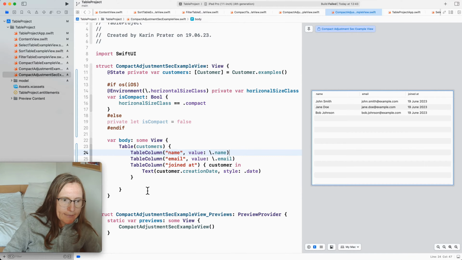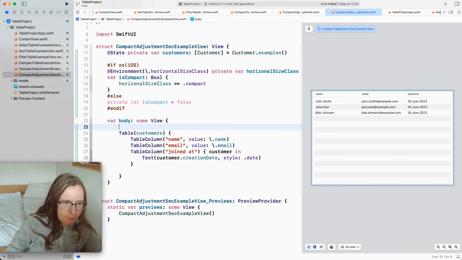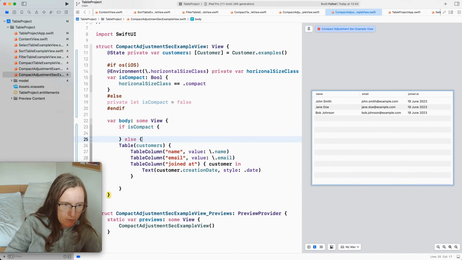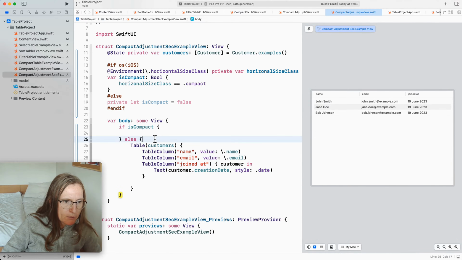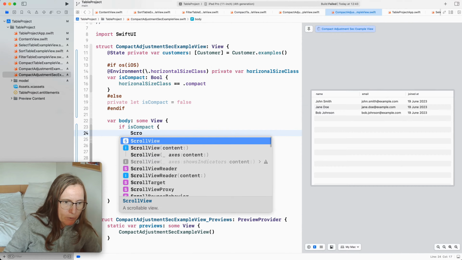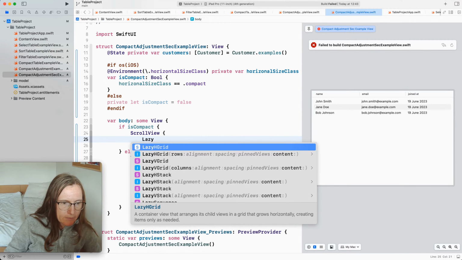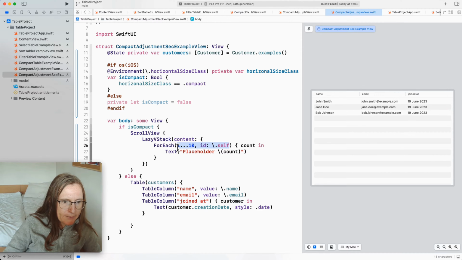So I have here the same data as my starting point. I have this table. I still need to know if I'm in compact mode or not. Now here we can say if isCompact. This is for the iOS versions on the iPhone, and otherwise, if I'm not in compact, I show the normal table. So let's say I would use here a scroll view with a lazy VStack. I'm just using the VStack right now, showing my customer,